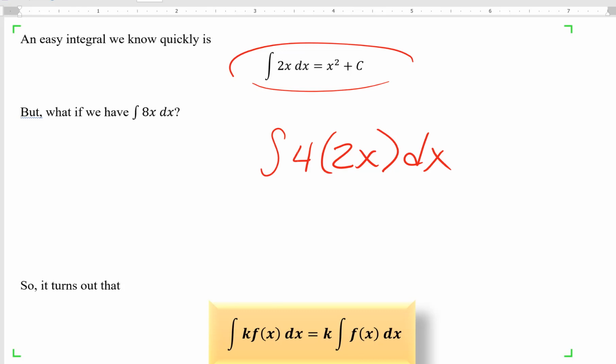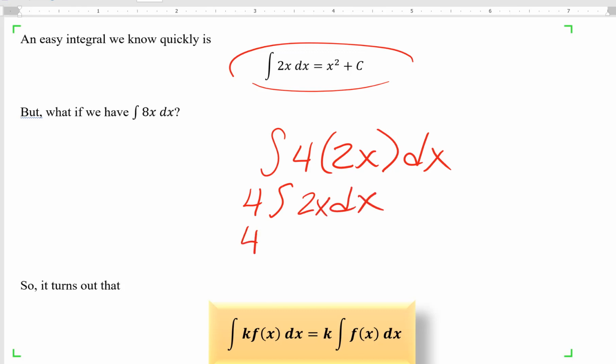And so it's just like multiplication and division. It's like factoring out things. You can do it with either operation. So we could do a long proof about that, or explain it more, but I'm just going to tell you that you can move the 4 outside the integral. So this is 4 times the integral of 2x dx, and we know that the integral of 2x dx is